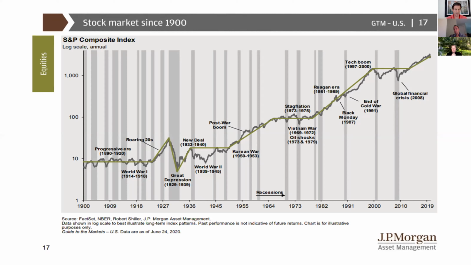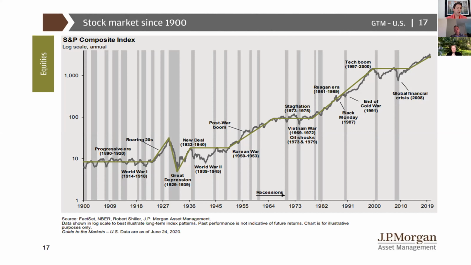And in fact, you can see the most profound market contraction occurred between 1929 and 1939 with the Great Depression, where the S&P 500 dropped between 85 and 90%. To put that in comparison, during March, from the peak in February through to March 23rd, when the market hit a low, the market contracted about 34%. So significantly worse then.